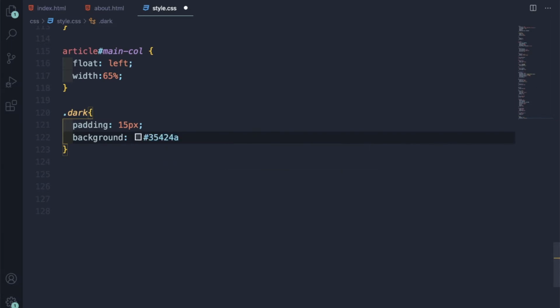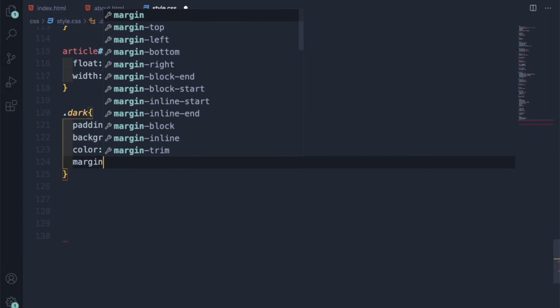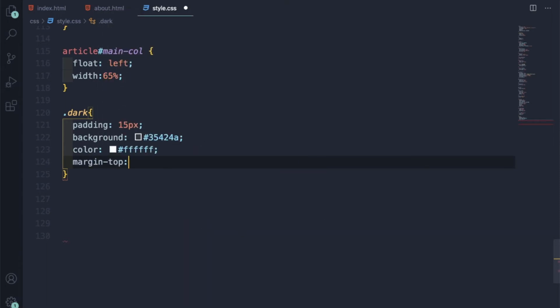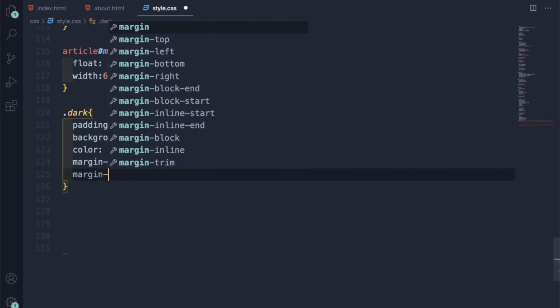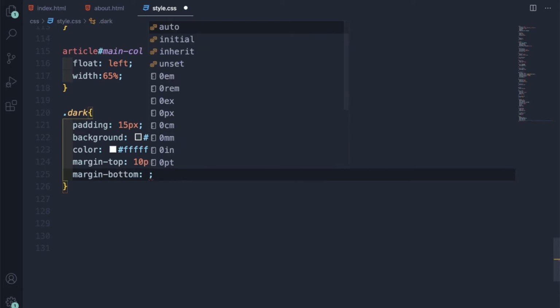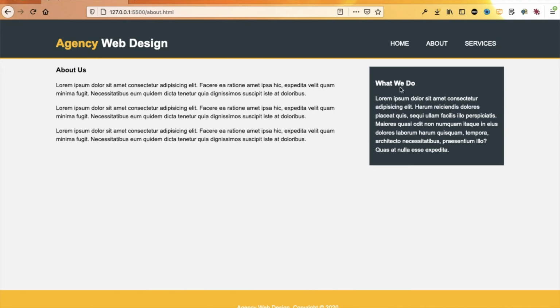See, we already have this. Color will be hash, last one, white. Margin top will be 10 pixel. Margin bottom will be 10 pixel. So this is what it created. So it is looking nice,